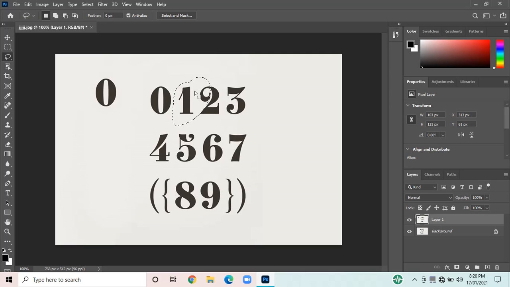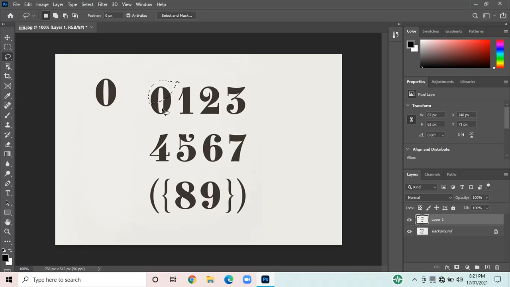Now in this lasso tool, as I've already told, we can customize the selection. I select some part of the zero and just come over and release it. And now I want to include the other part of the 0.